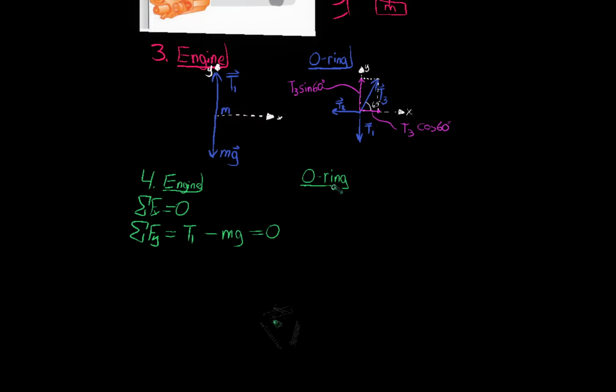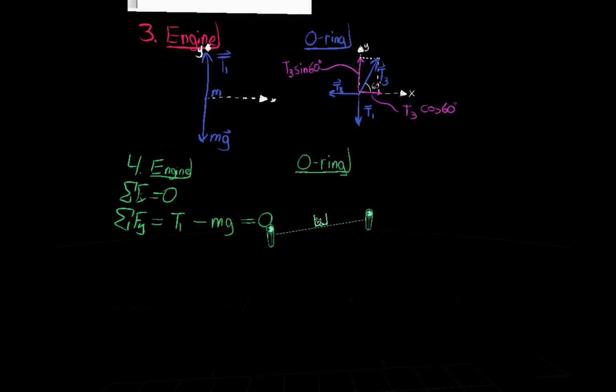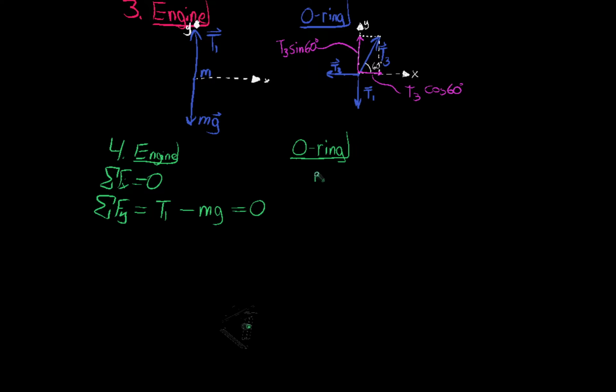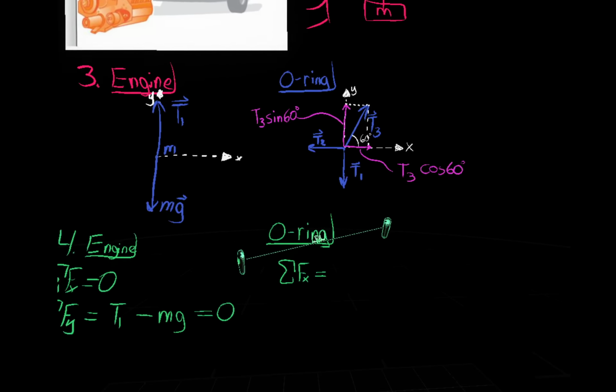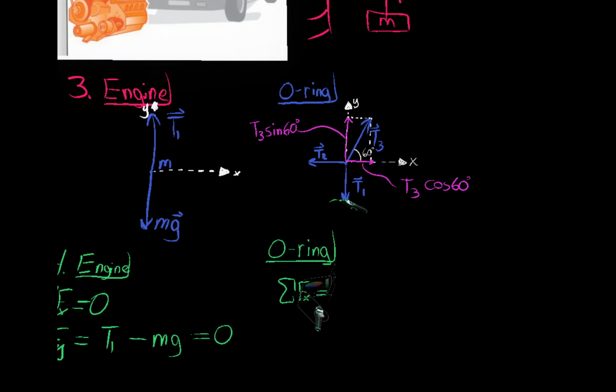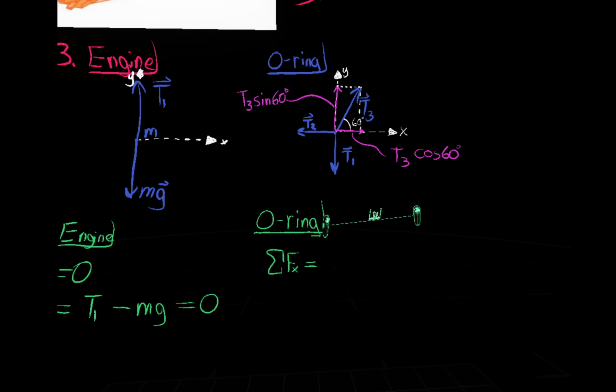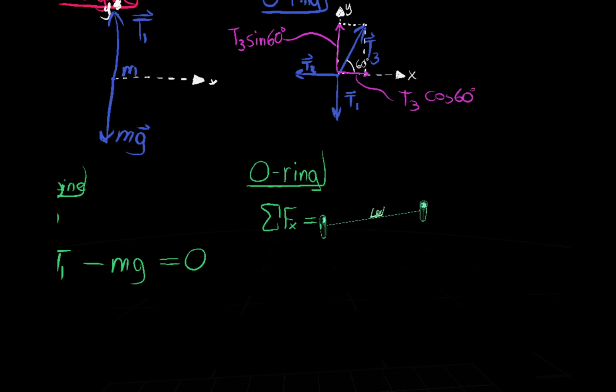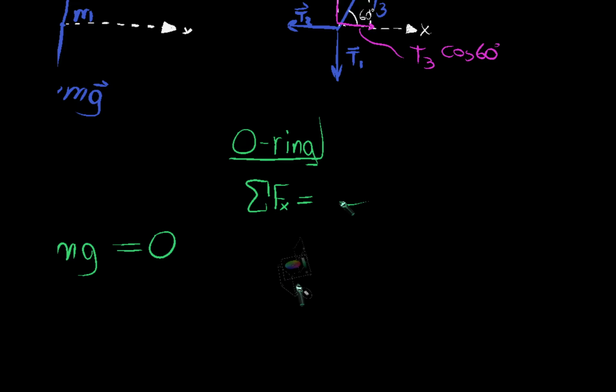What equations can we get about our free body diagram from the O-ring? So again, same thing. Sum of the forces in the x. So what are all the forces in the x? We have T2 clearly in the x, but we have more than that. We have this component of T3, which we've identified as T3 cosine 60, and that's in the positive x direction. So T3 cosine 60 degrees